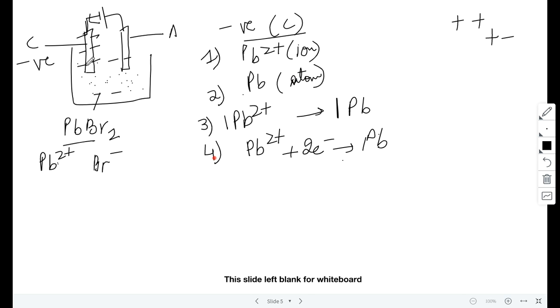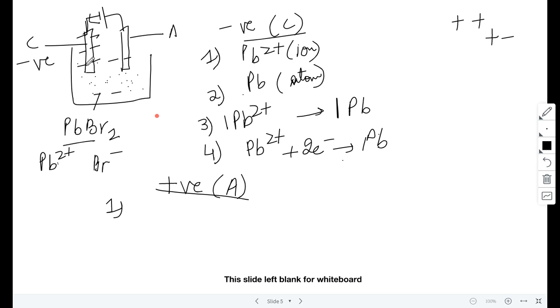Now Sarah will tell me what will happen at the positive electrode, that is the anode. Okay, you go with the steps that I have taught you here. This way your ionic equations, the half equations, will never go wrong. I'm telling you, this is the best way to learn it. So now the first step, at the positive electrode, that is the anode,